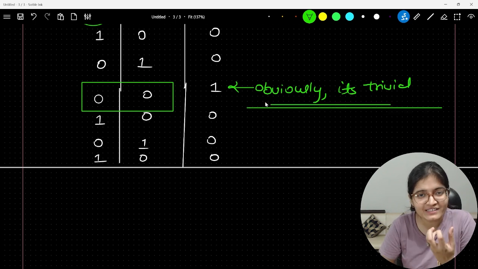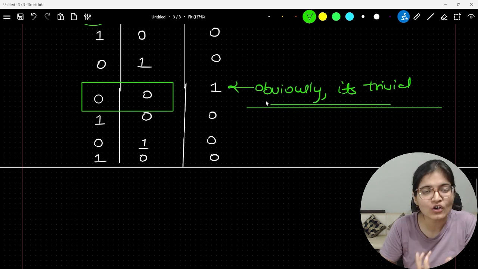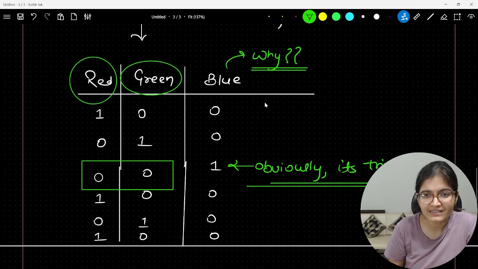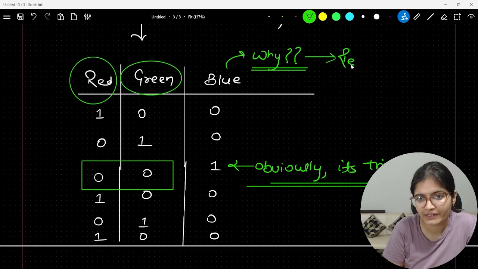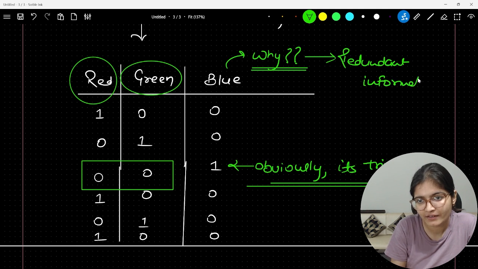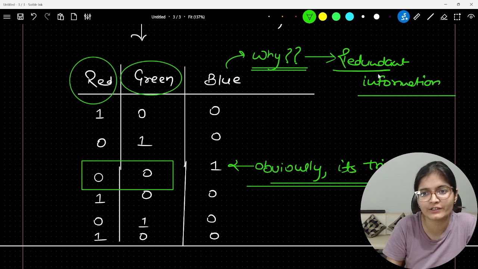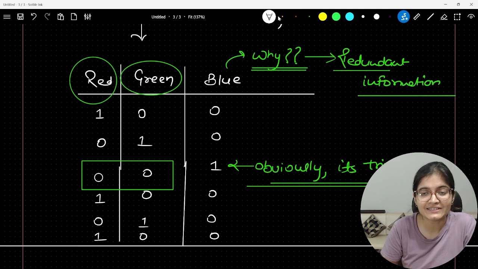So does it make sense to create an extra column for the blue part? Isn't it? It is providing us redundant information.